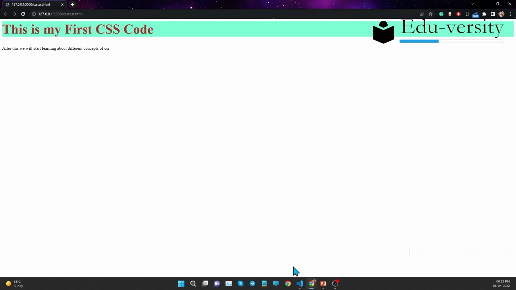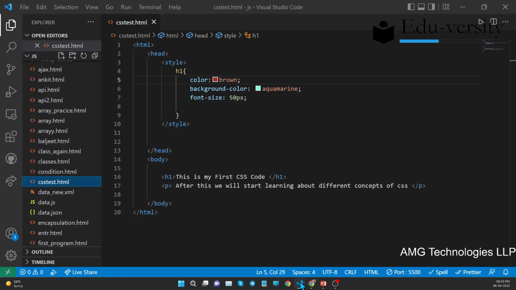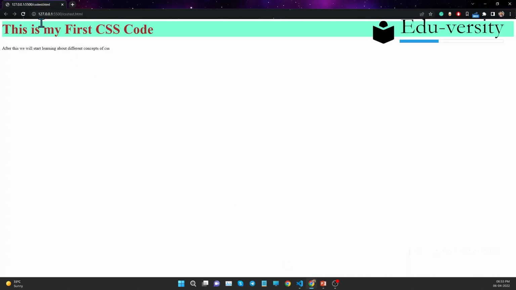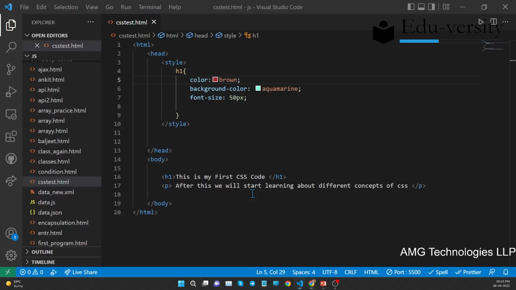Our font color is brown and the background color is aquamarine. Also you can see the size of the text is quite increased, by 50 pixels. If I raise this to 100, the output will be changed